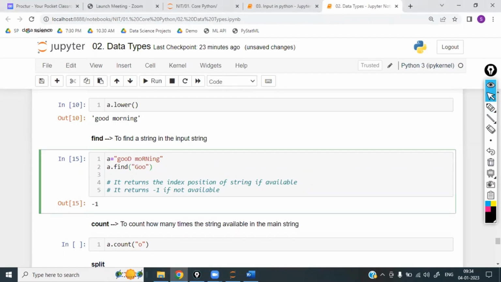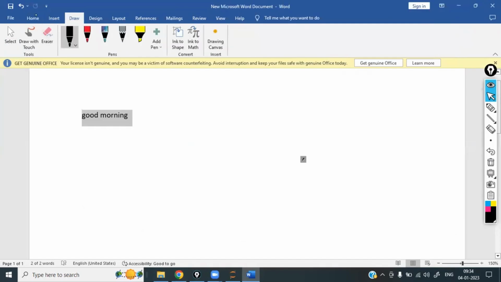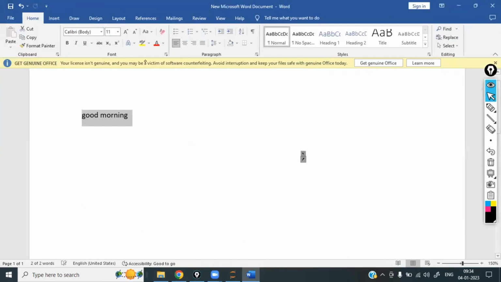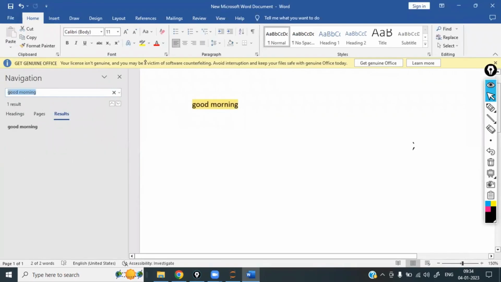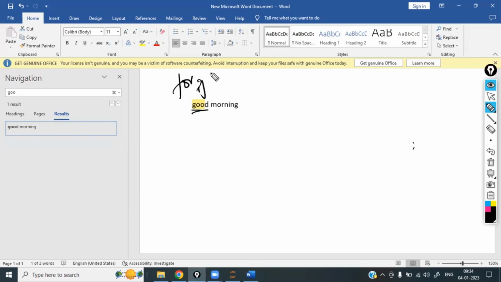Sir, for example, in the Word document, here like this is there. Now I want to identify whether GOO is available or not. Now I'm going to click on this, Control F, and here I'm asking GOO. So GOO is available and it is showing that whatever it is available. Sir, I want like this. Then here it is written with respect to a concept called as loop. Inside the loop, concept called as if. So once we understand the for loop and if conditions, you can write the same code, whatever it is showing in the Microsoft Word, the same code you are going to write. Okay, that we are going to discuss in the further class. How it is going to show like this, that we are going to see in the further class. Okay, so